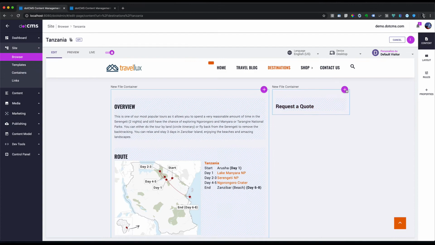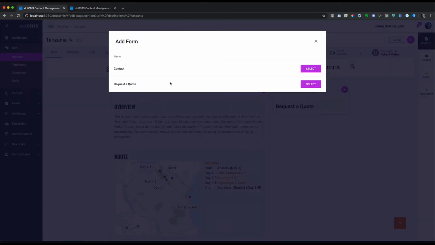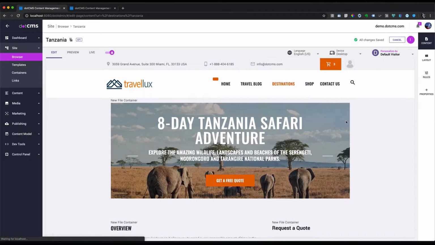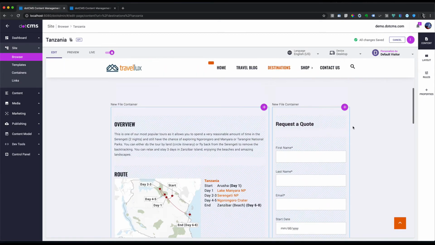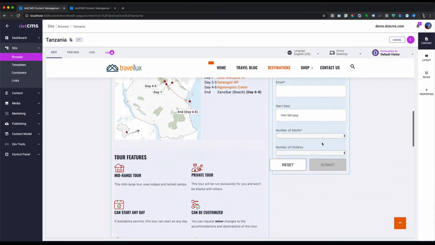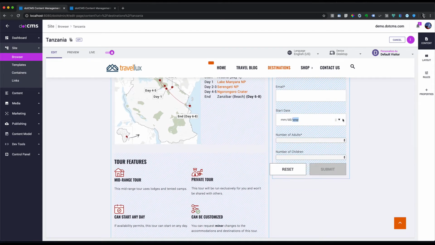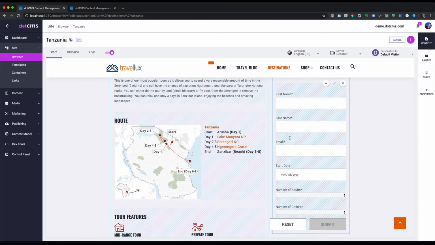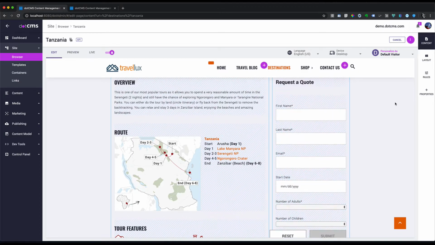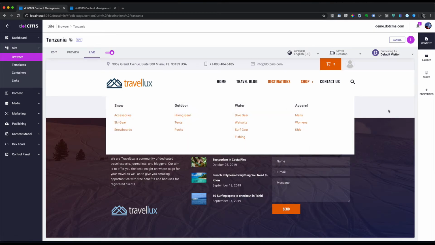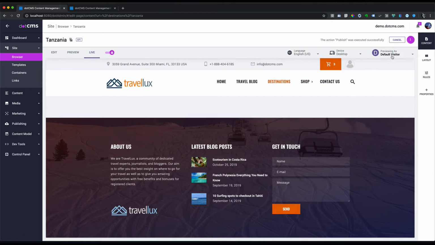Now I can just add my form here. It shows up. And now I've got this form ready to submit. And I can select number of adults and children in my group, the date that I'd like to start my vacation, and submit this form directly. So we'll be able to see this form content under the content type once we've submitted our content. So we'll switch it over to live mode, publish our page,